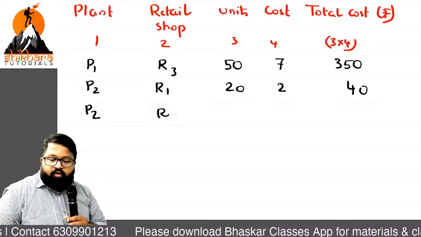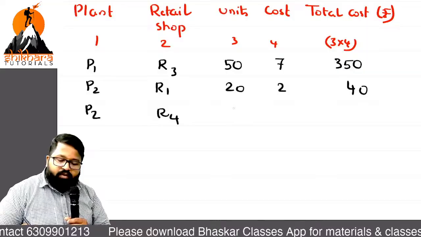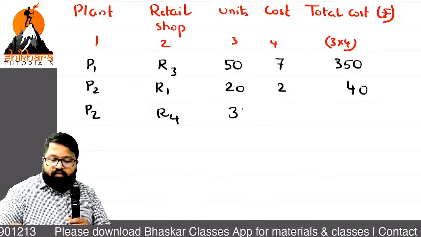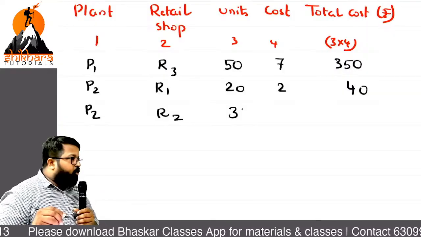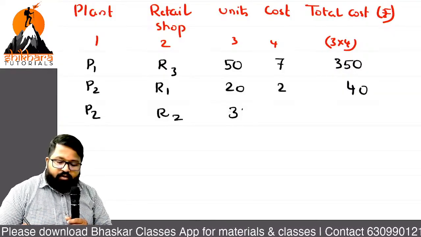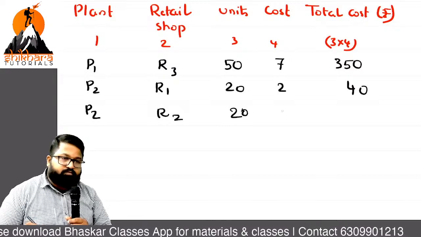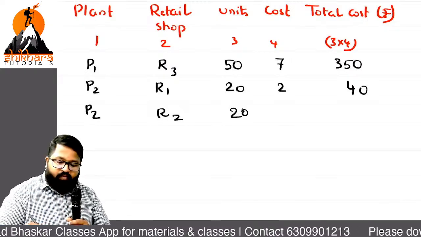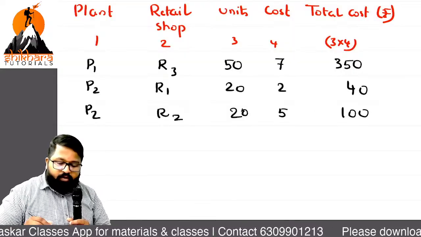P2 R4, how many units, ma'am? 35, 30. P2 R2, how many units, ma'am? 20. 20 or 25, ma'am? 20. Cost is 5. How much is the value? 100. Next,